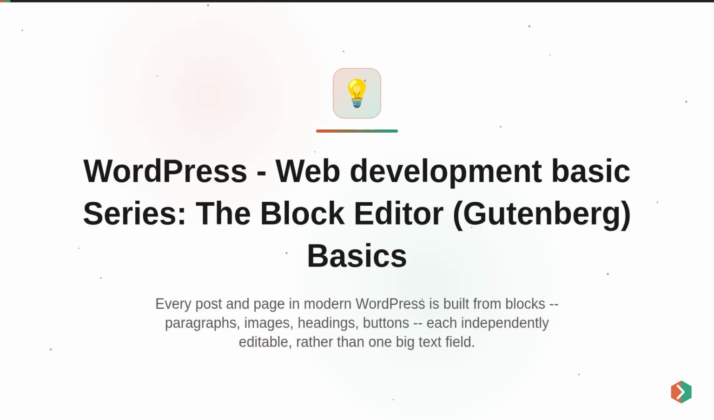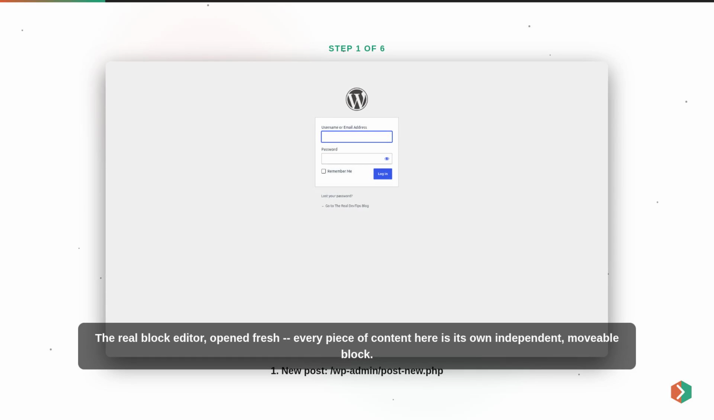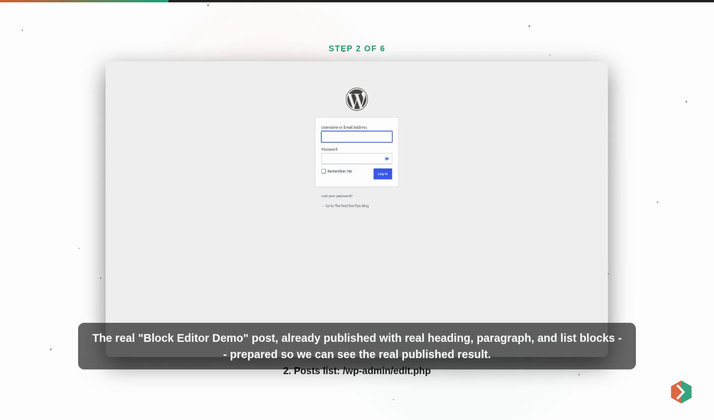Every post and page in modern WordPress is built from blocks: paragraphs, images, headings, buttons, each independently editable, rather than one big text field. The real block editor, opened fresh: every piece of content here is its own independent, movable block. The real block editor demo post, already published with real heading, paragraph, and list blocks, prepared so we can